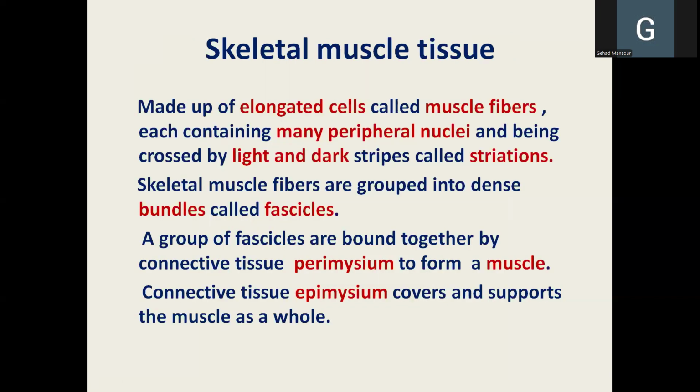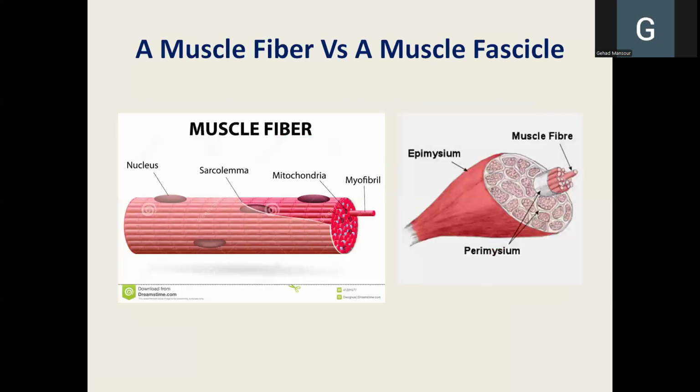And then we are going to talk now about the skeletal muscle fiber. As you can see, the muscle fiber, or the myofiber, is a muscle cell. The skeletal muscle fiber is elongated and cylindrical, and it has multiple peripheral nuclei, and it is rich in mitochondria because the mitochondria are the sites of aerobic cellular respiration, and they are the site of producing energy.